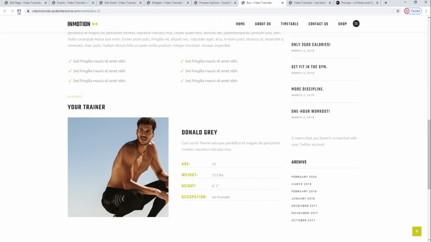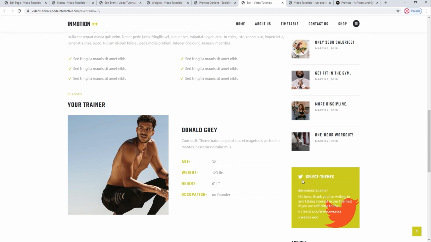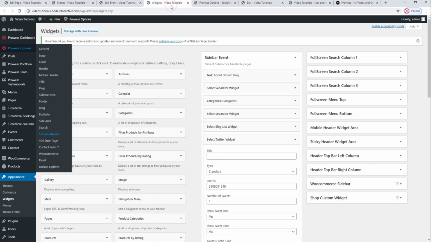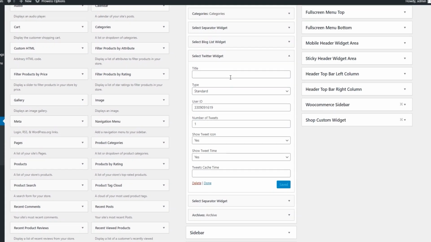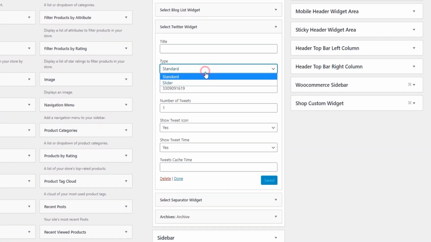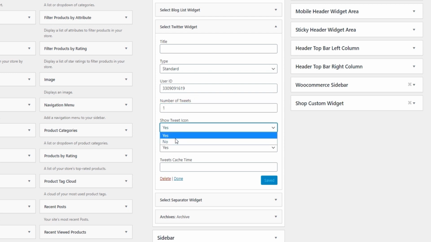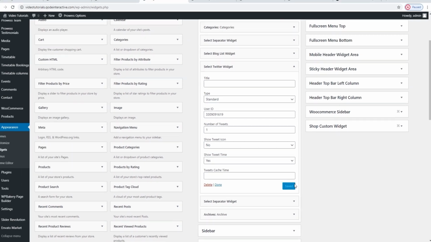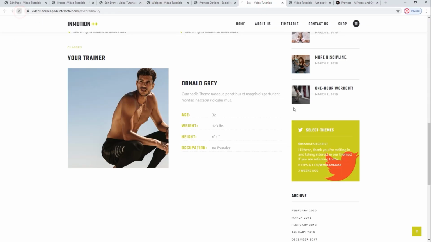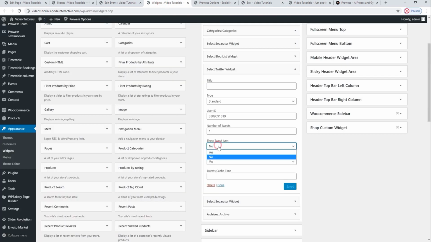Let's refresh the live site and wait a couple of moments for the widget to appear. Once we add this widget, we have a new set of options such as title, which we skipped, type, which can be standard or slider, in case we're displaying more than one tweet. There are also settings for the number of displayed tweets, which we'll leave at 1. You can also choose whether the widget will display the Twitter icon. If we go with no, you'll simply delete this small icon. Doesn't look too good, so we will revert to the previous settings.